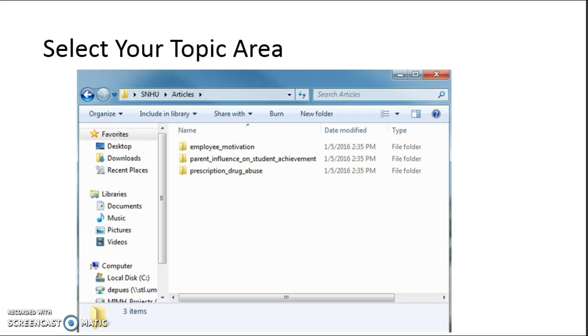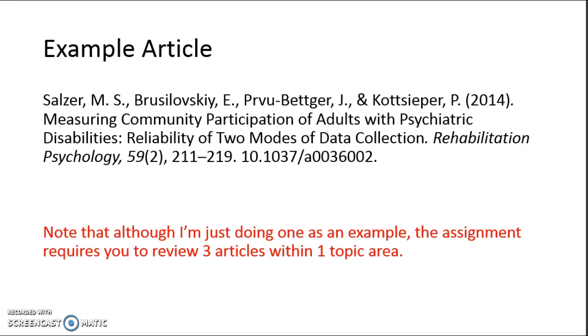Now I'm going to walk you through reviewing one article. Because I do not want to put you in a position where you might accidentally plagiarize me, I have selected an article that is not on any of the current list. This means you will have to think about how my review of my article would look for your article. You should not get the same answers that I do because it will be a different article. Here is the citation for the article. If you have the time and inclination, you might go skim the article before moving on to the next section. You can pause the video here if you'd like.